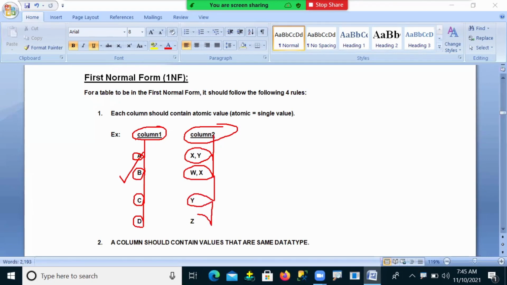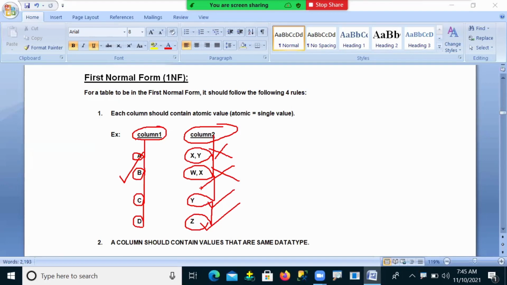So that means the first condition of first normal form is that each column should contain an atomic value. Only single values are accepted, and this is correct. But when your column has multiple values, this will not be accepted by normalization. So what do you understand?